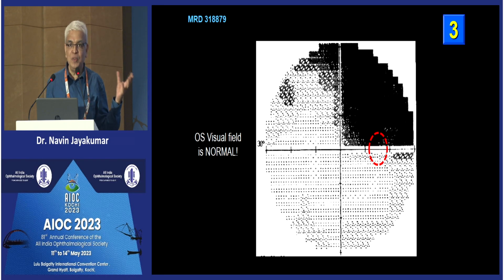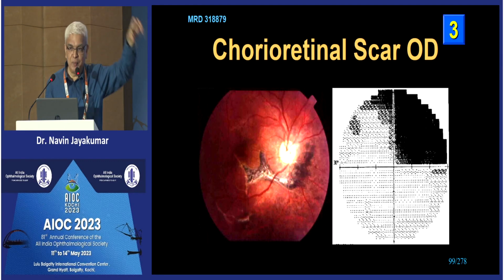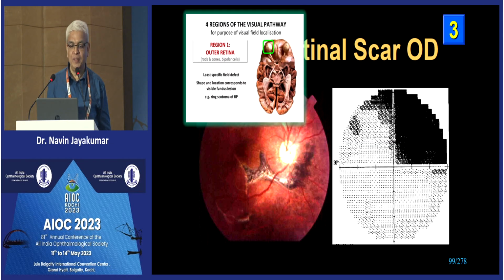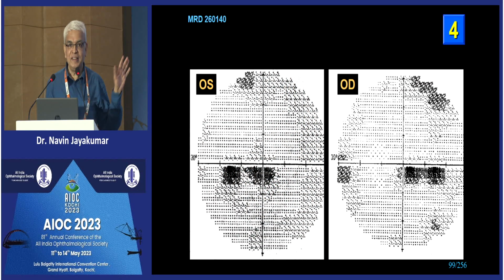So this could either be an optic nerve lesion, area 2, or maybe something within the eye itself, which Muna spoke to you about earlier or raised her hand at least. So this is a chorioretinal scar. You can see the shape of the scar corresponding perfectly to the kind of field defect that you are seeing. So look inside the eye. Okay, so this is region 1, the outer retina. Okay, this one,